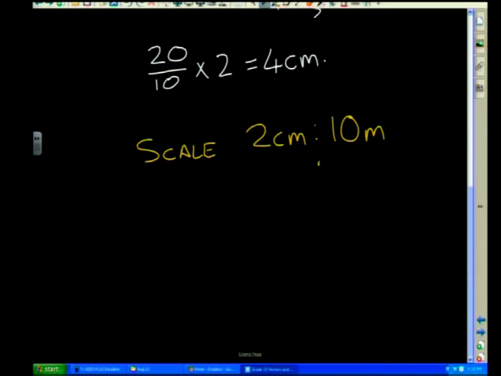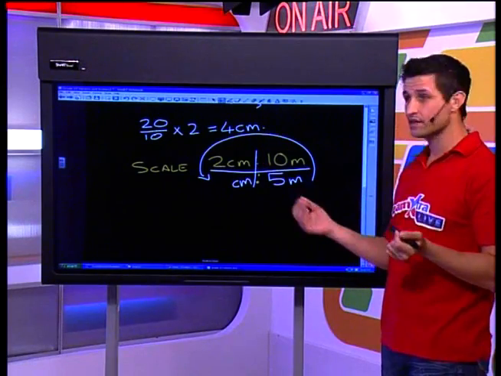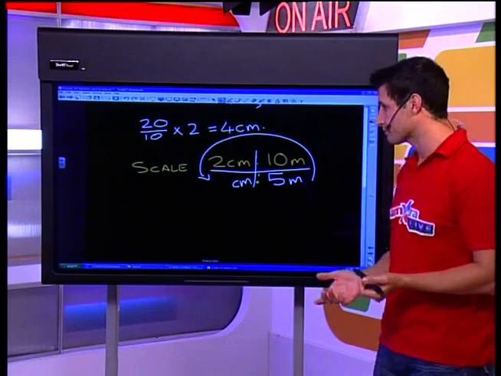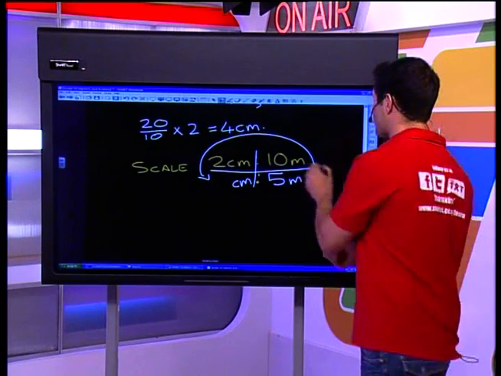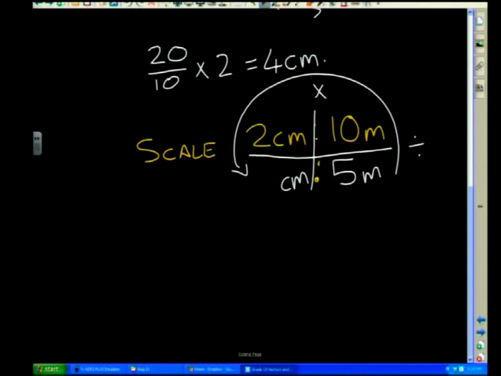Now what you do is you write underneath the relevant one, whichever one you've got, what you have. I'm going to write this in white to make sure that we can see the difference between the two. I have 5 meters. I don't have the centimeters. So again, I've got to work my way around here. I draw in my cross, and then it becomes quite easy to see what to do. If I go over a flat line, that means that I divide. If I go over a vertical line, that means that I multiply. So let's try this out. I'm going to say 5 meters divided by 10, multiply across by 2, and then I land up with equals in terms of centimeters.